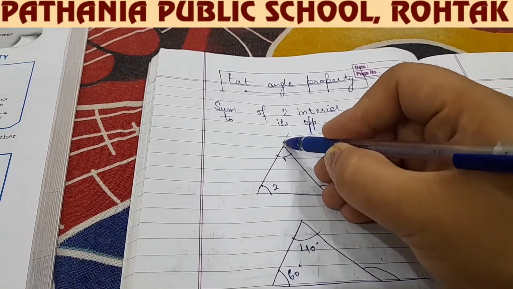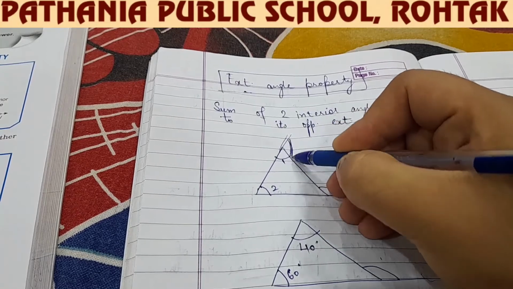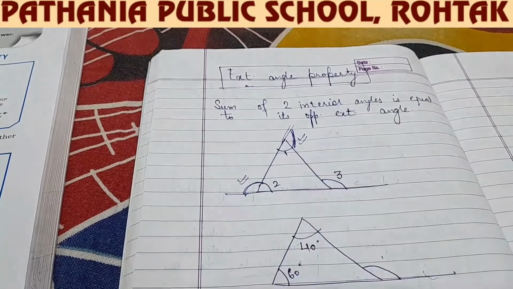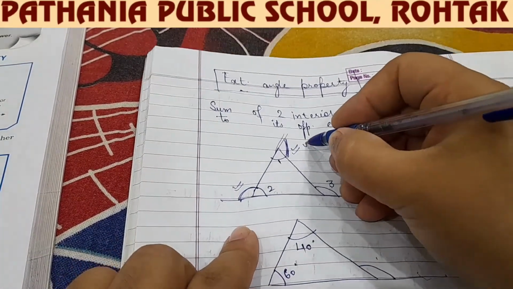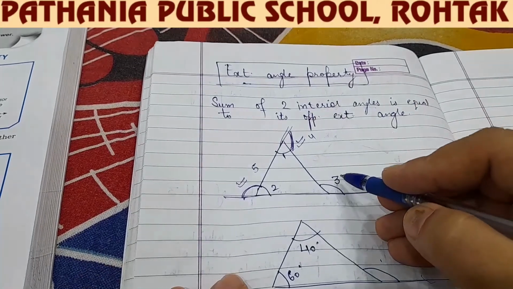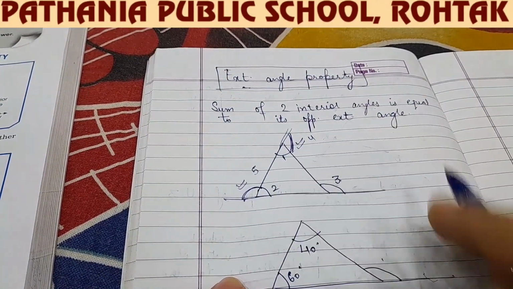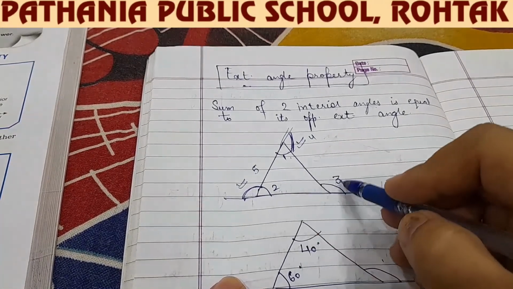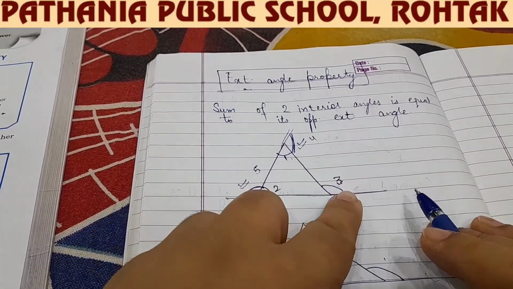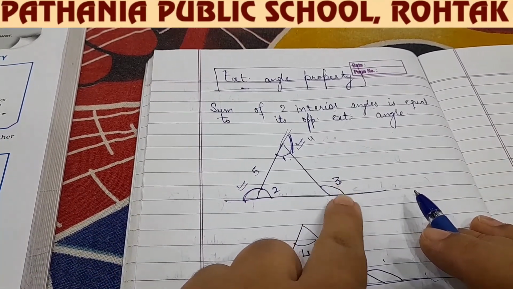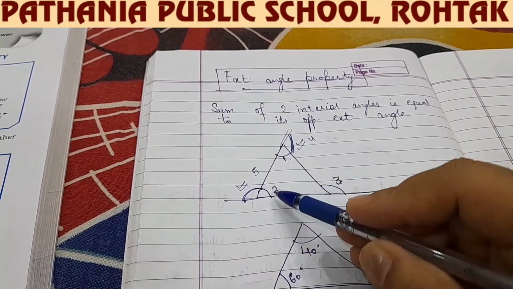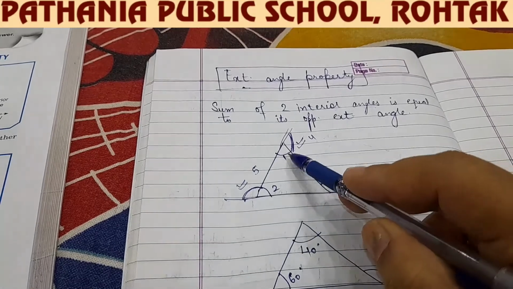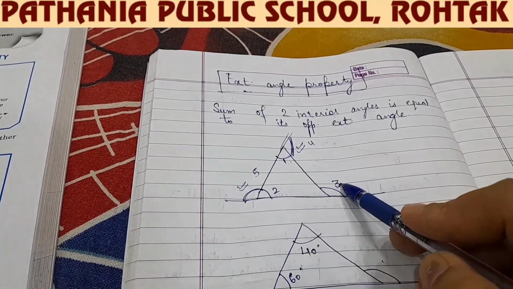See, if I extend this line, this angle is also exterior, right? If I extend it, this is also exterior. So if I name them 4 and 5, here angles 3, 4 and 5 are all exterior angles, but the sum of 1 and 2 is always equal to 3. Why? Because 3 is the exterior opposite. Beta, with 1 there is 4 and with 2 there is 5, so these are adjacent angles. We want the opposite angle. So the sum of 1 and 2 is always equal to 3.